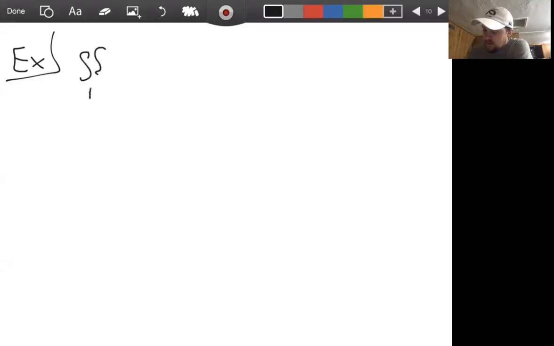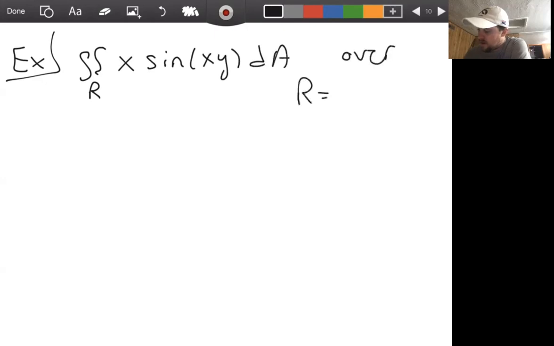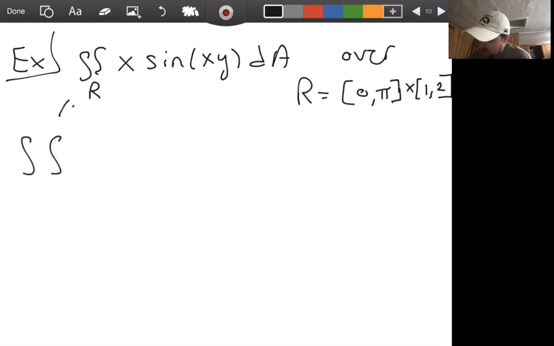So let's solve the double integral over the region R of x sin(xy) dA, where R is the region given by [0, pi] cross [1, 2]. Okay, and so now with this as an iterated integral, this is x equals 0 to pi,